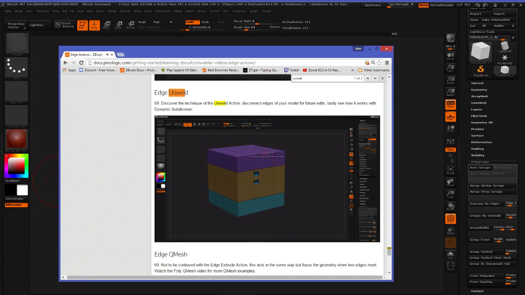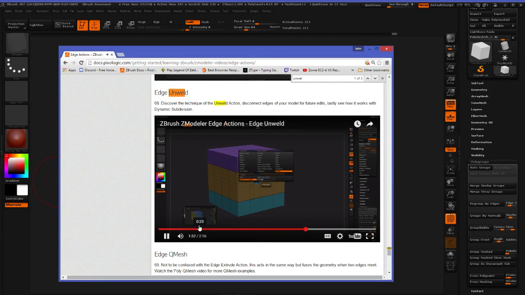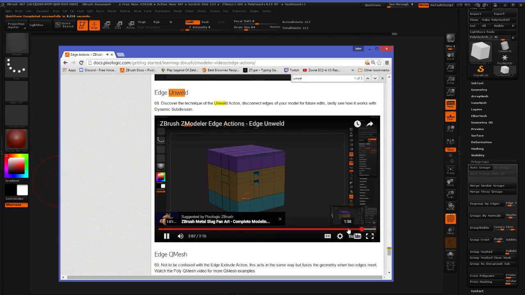So there's a few other targets you can use with the actual unweld action as well. So we can do it by edge, edge loop partial, and poly loop. One of note is the actual edge loop with the unweld action selected, or a point that is not edge loop partial selected. ZBrush will unweld that edge loop until it reaches that extraordinary point. So using this unweld action with dynamic subdivision, you can come through and start unwelding different areas of your model to add detail to precise areas without affecting the rest of the mesh